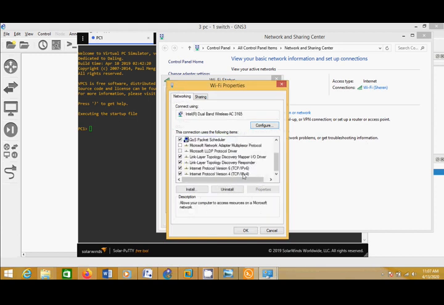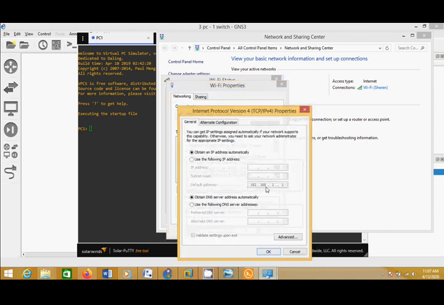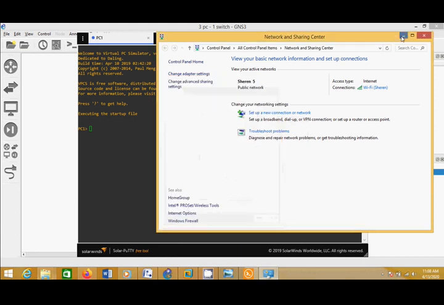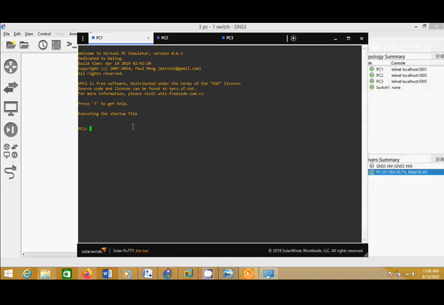If you are practicing directly, you can just type the IP in Windows like this: IP, subnet mask, gateway, and so on. In GNS3 you type it in the console, for PC1.